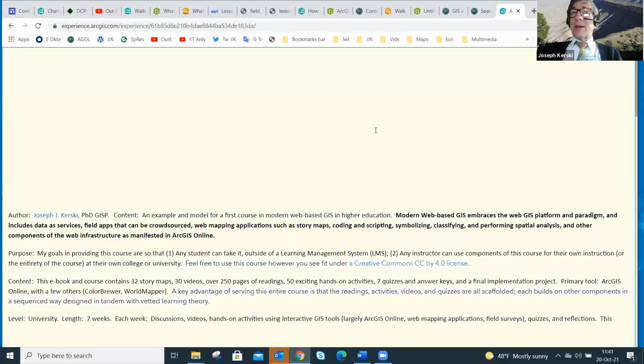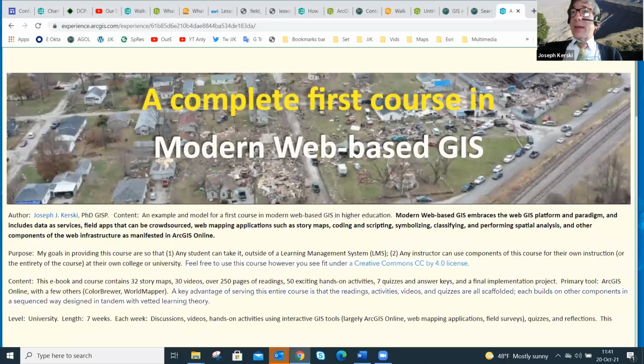In this case, I've got a course that is what I consider to be modern GIS. And so I moved the course out of an LMS, a learning management system, Canvas in this case. Canvas, many of you know, is like Blackboard or WebCT or D2L. So it's locked and you have to be enrolled in that university or college to take it. So I wanted to move it out of there and make it available for everyone. What was the best way to do it?